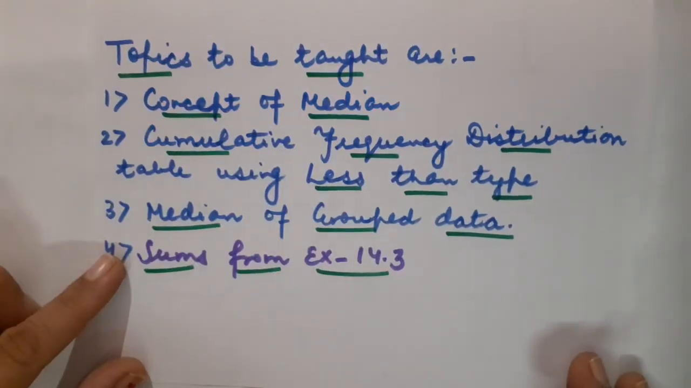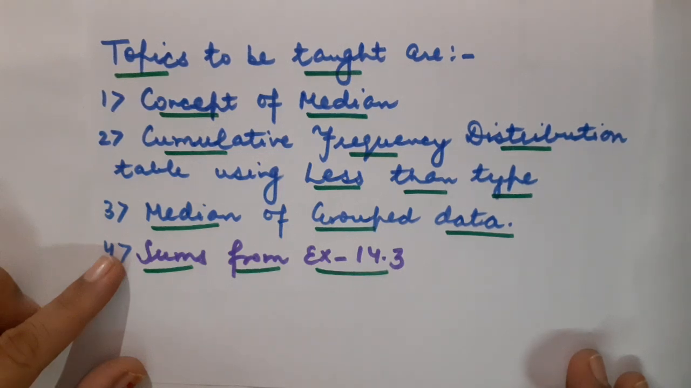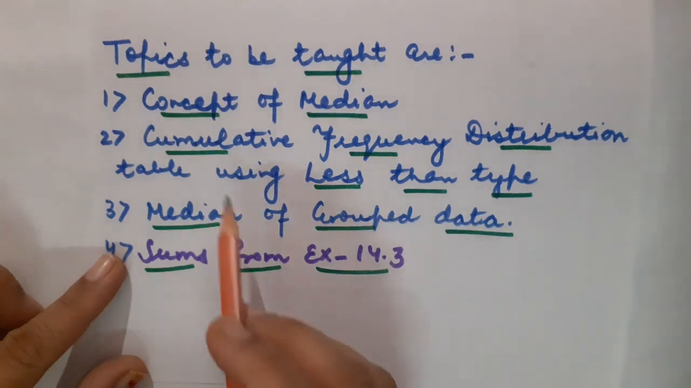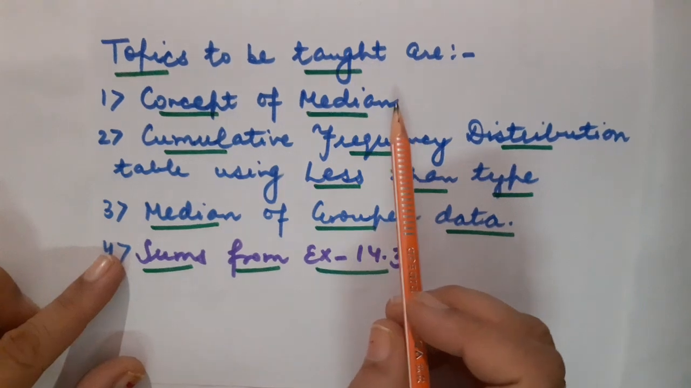Children, in my previous 4 lectures, I have made you understand how to calculate average, that is arithmetic mean, using 3 different methods. Number 1, direct method. Number 2, assumed mean method. And number 3, step deviation method. And in my 4th video, I made you understand how to calculate the next central tendency, that is mode. Correct? Now the topics which I am going to cover in today's lecture, that is lecture number 5, they are: